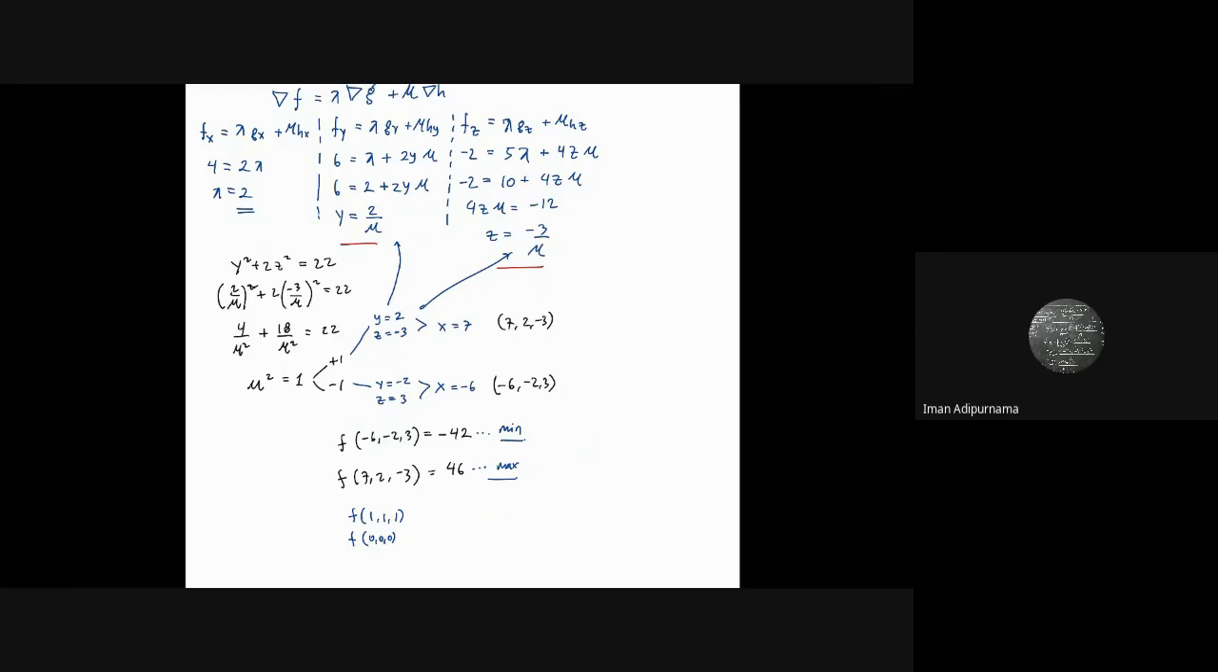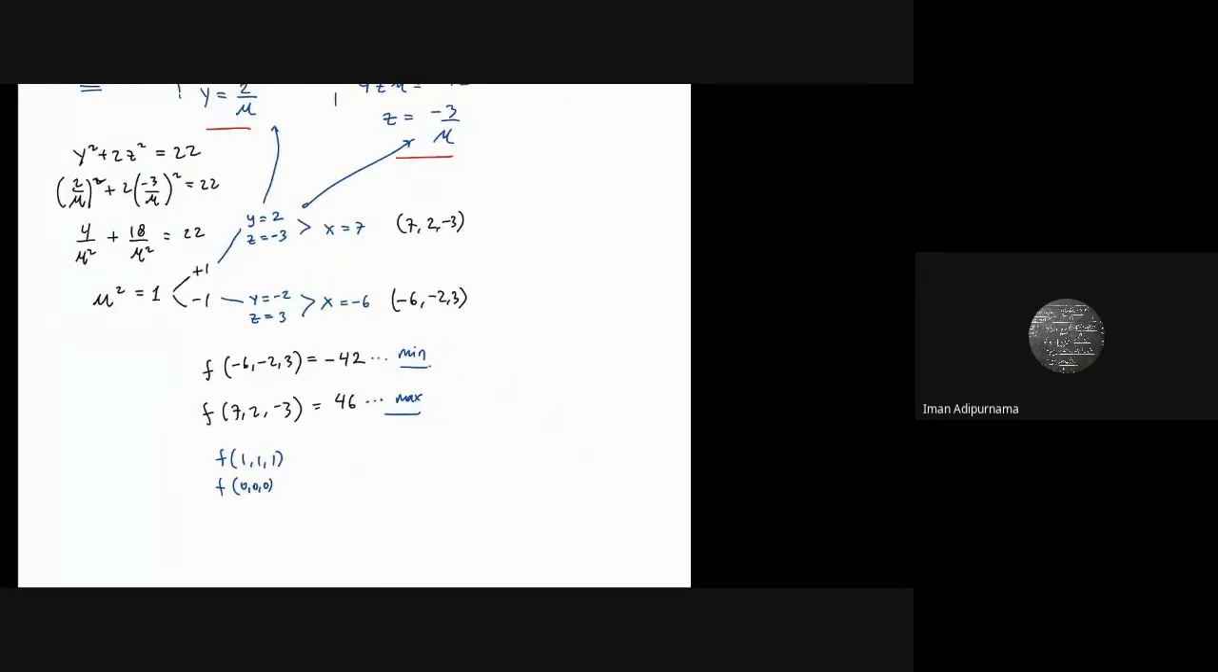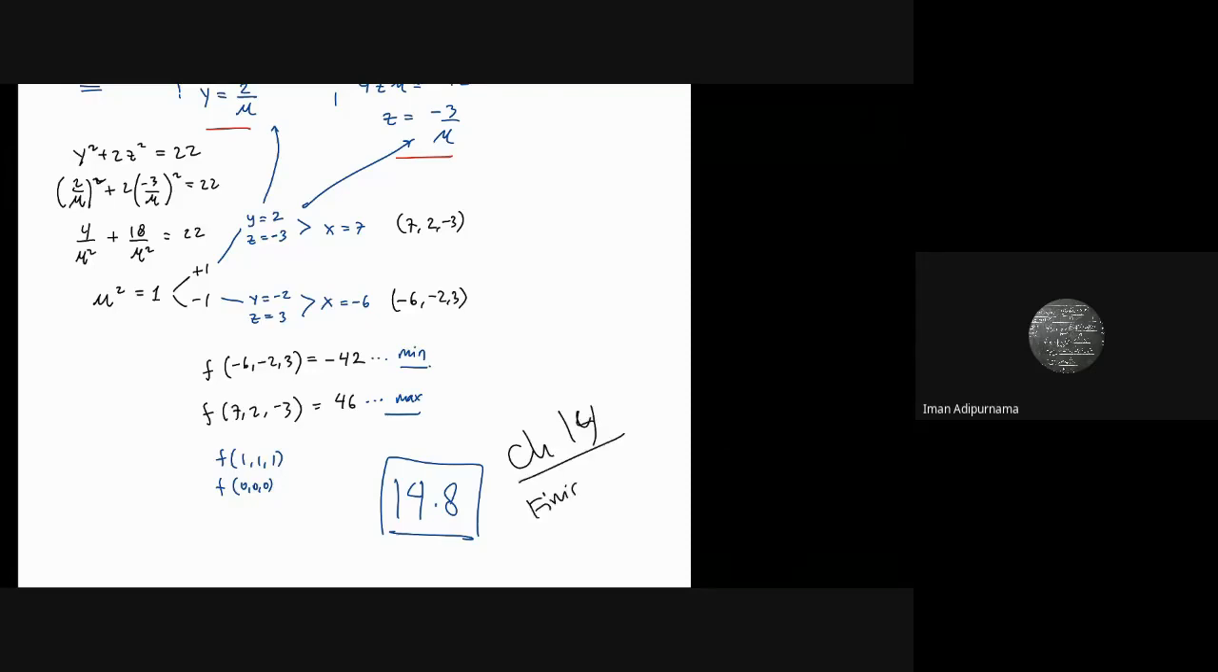So basically from this one, this is 14.8 finished. So chapter 14 is finished up until the Lagrange multipliers. If I have other special notes or another exercise that may be useful for you, I will have it maybe next week. But I think I can go a little bit,